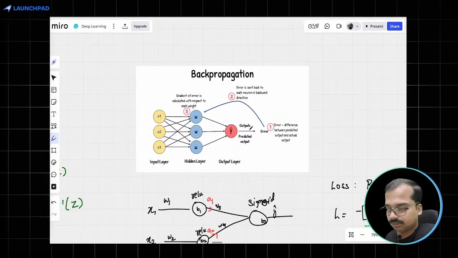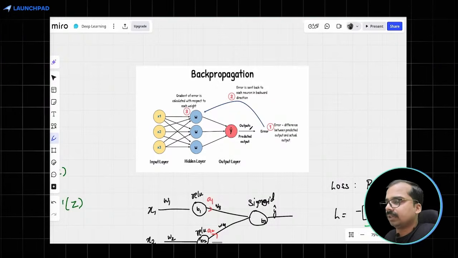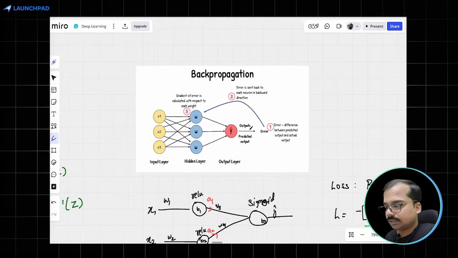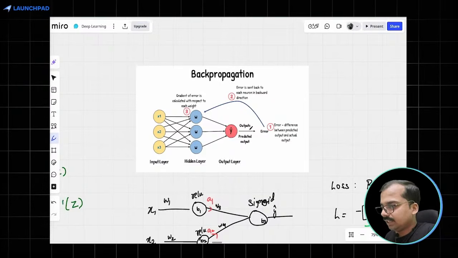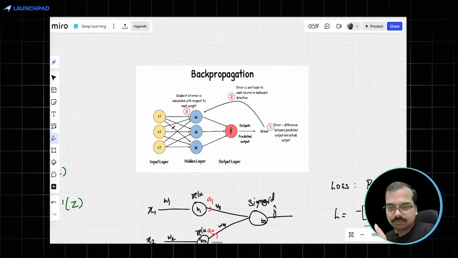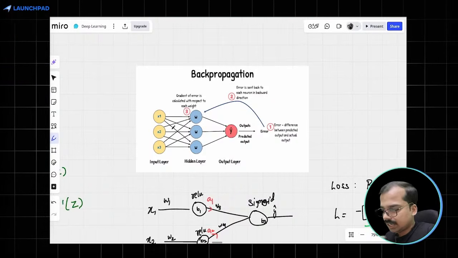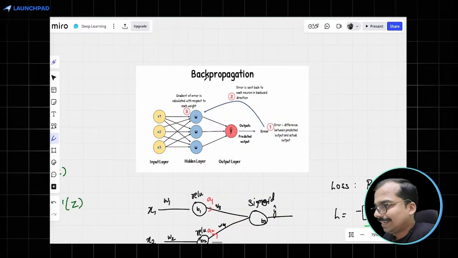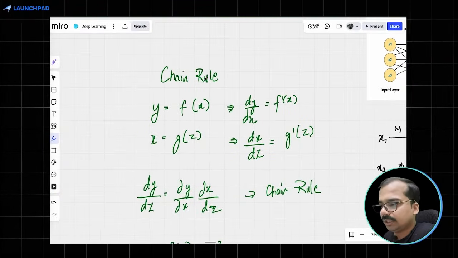We compute the loss, and it tells us how well we are doing. Based on that loss, we propagate things backwards, again from this layer to this layer, then back. If there are further hidden layers, it will get passed backwards, and the weights are getting updated, right? Now, before understanding how this backpropagation works, we need to understand a very important thing that is known as